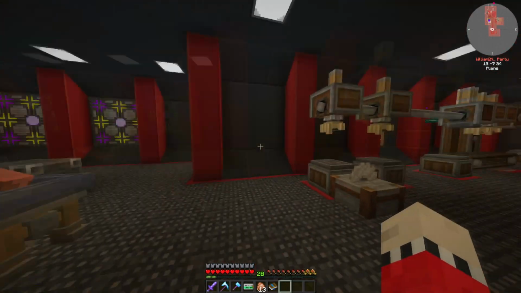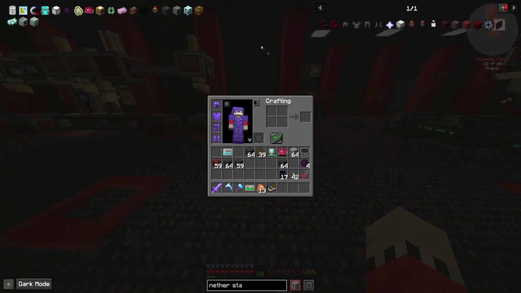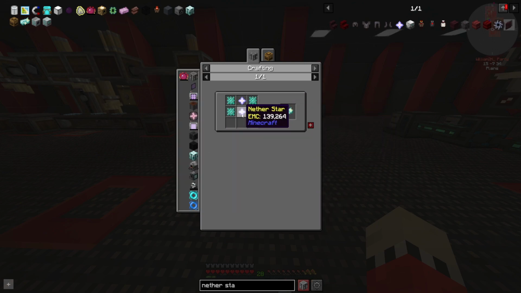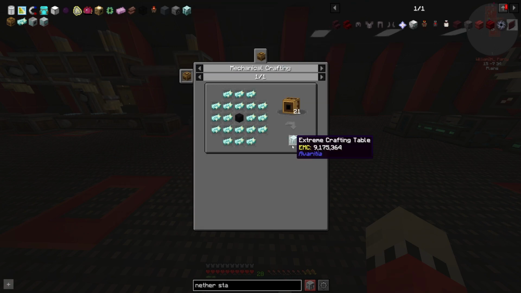And we're back in our AE room. So our next step is, well, a little bit varied. We're going to start working towards the neutron collector. It needs the extreme crafting table and crystal matrix ingots. The rest of these things seem pretty simple. The matrix ingots are, well, going to need our nether stars that we started on getting this episode, and the